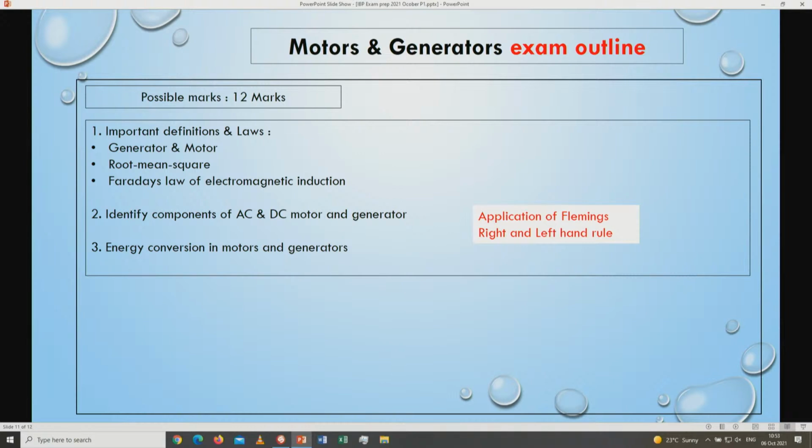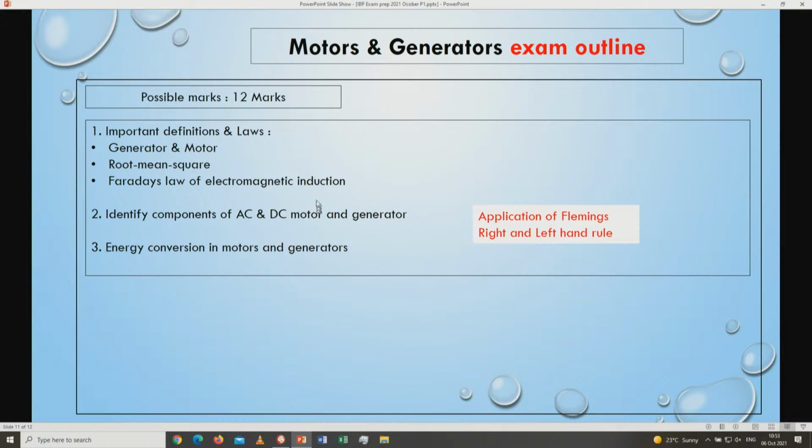I believe this section is the one that you should be busy with at your school, as it was one of the topics that was behind from the curriculum coverages that we received from independent schools. So kindly go back and look into it. Are you able to identify AC and DC motors in terms of the components? Are you able to differentiate when it is a motor and when it is a generator?